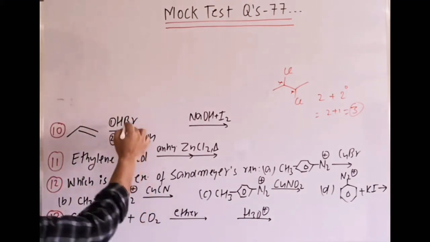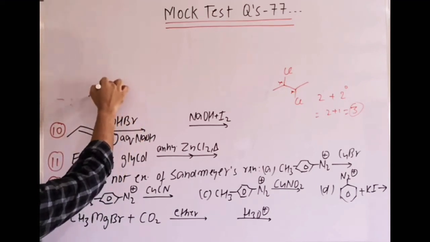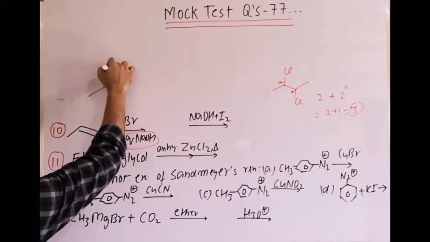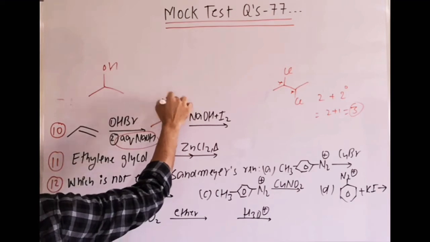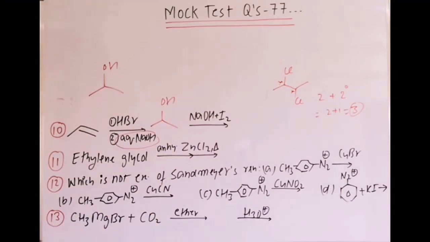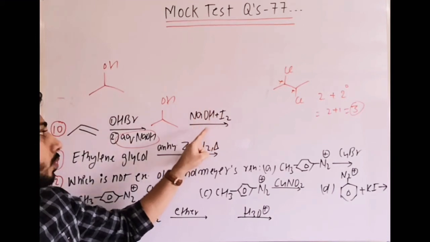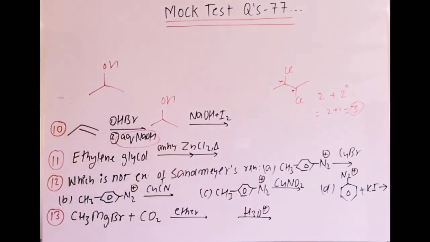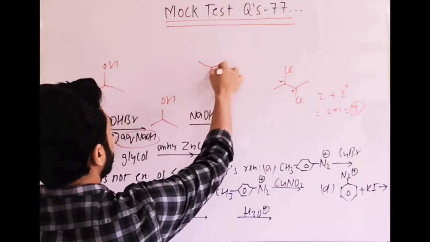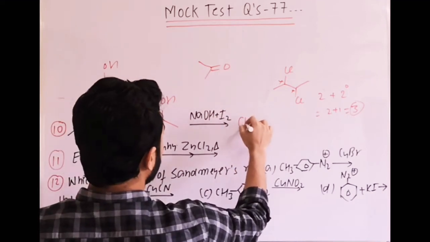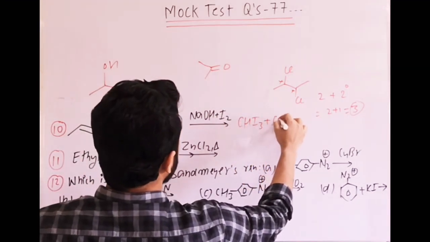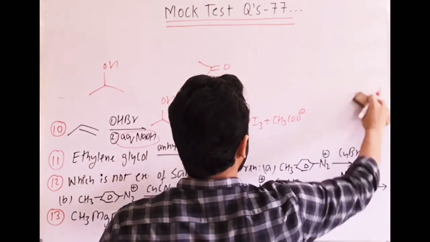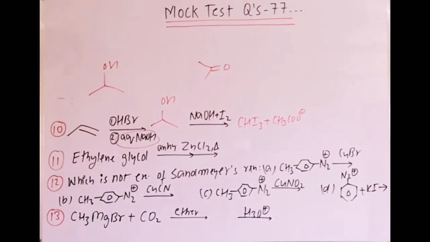10th question, first is HBr, addition of HBr to alkene. What is the product formed? Markovnikov addition. This is formed with aqueous NaOH. Br will be substituted by OH. That means here it is forming isopropyl alcohol. Now a standard reaction we have done several times, in the notes also covered. Iodoform test is given by isopropyl alcohol. Why? Because firstly it will be oxidized to acetone, and then acetone will give the iodoform test, which gives CHI3 plus CH3COO minus Na plus. So that is the final product. Among these options you can easily select that one.